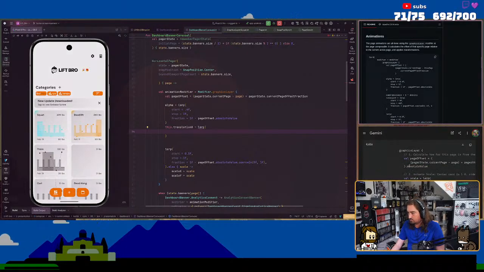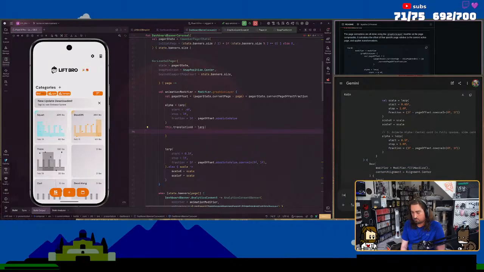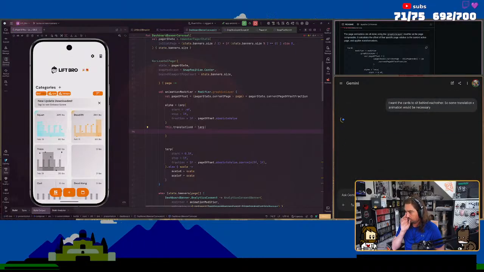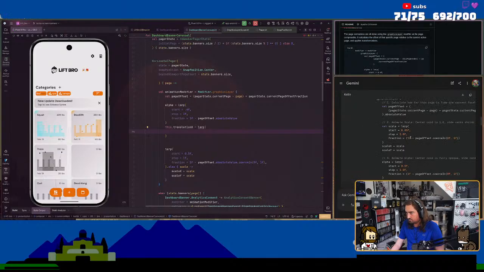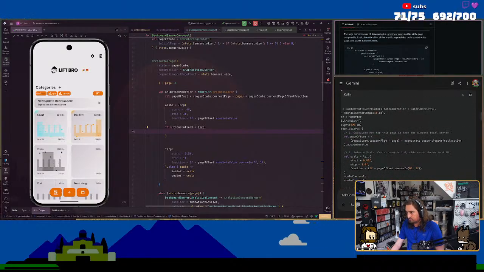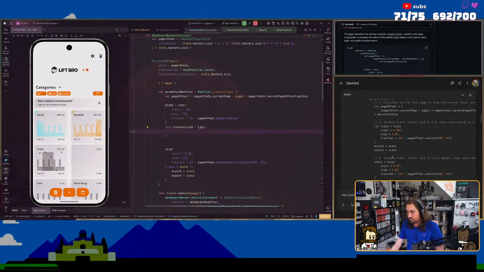How did I figure this out? I want the cards to sit behind each other. So some translation X animation would be necessary. I also think this page offset thing is, or did it do the same thing? Yeah, it did the same thing with page offset. It's absolutely exactly the same thing. This is the only one that I don't think had it.